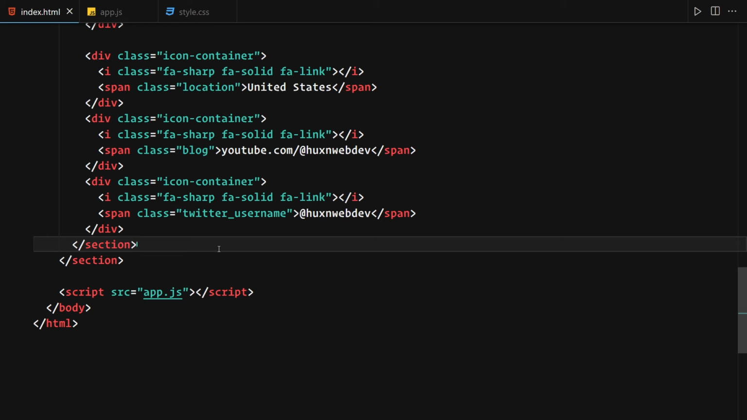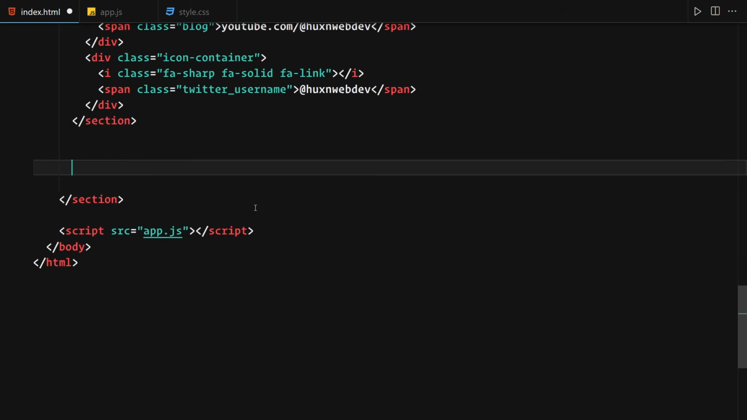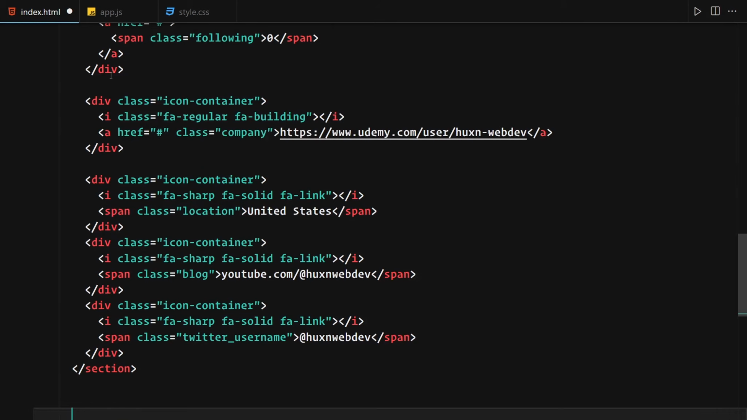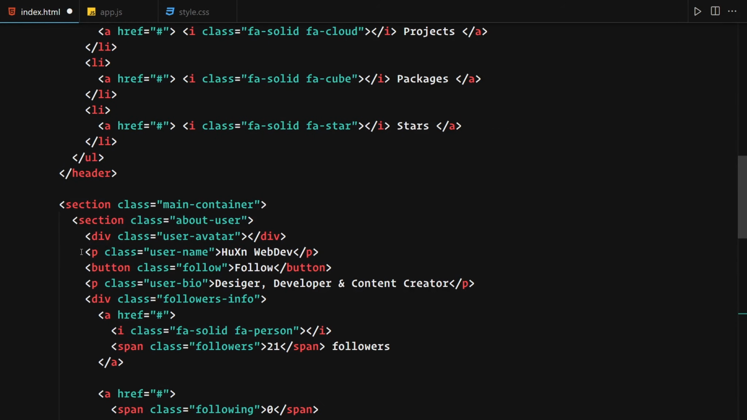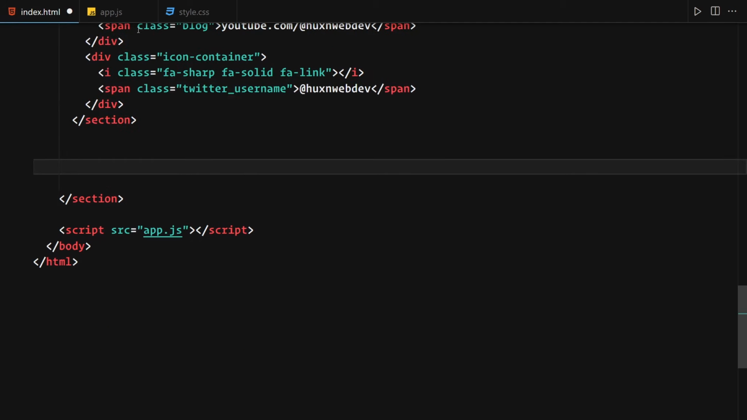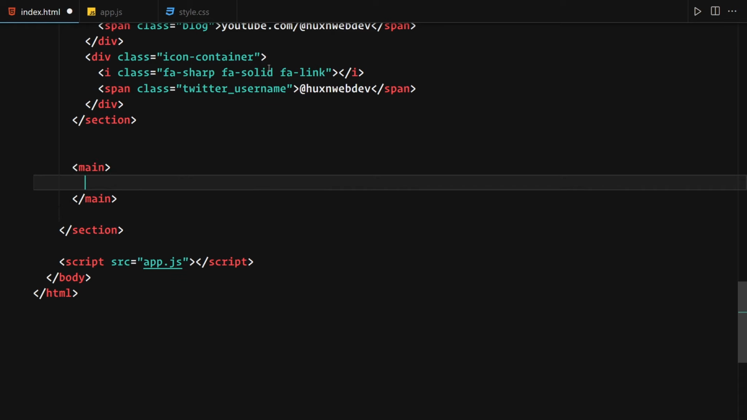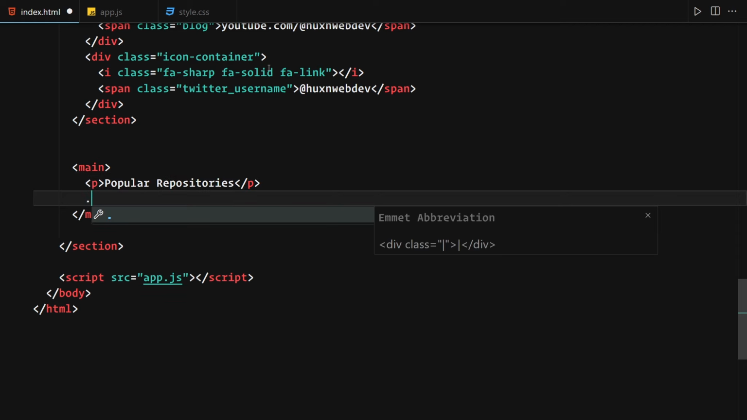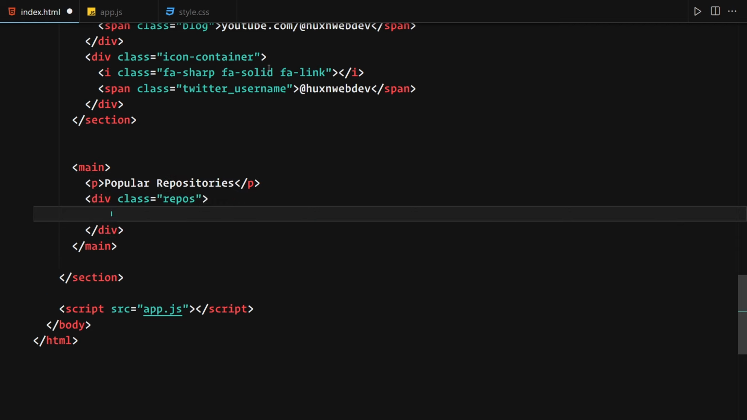underneath this section I'm going to write my main section right here. And by the way, I'm going to be deleting all of this code right here, and the one which we are writing right now, because we are going to be rendering all of our content by using JavaScript. Okay, so now let me create my main section. Inside this main, I'm going to write a popular. Okay, underneath there I'm going to write a class of repos, and inside there what I'll do is